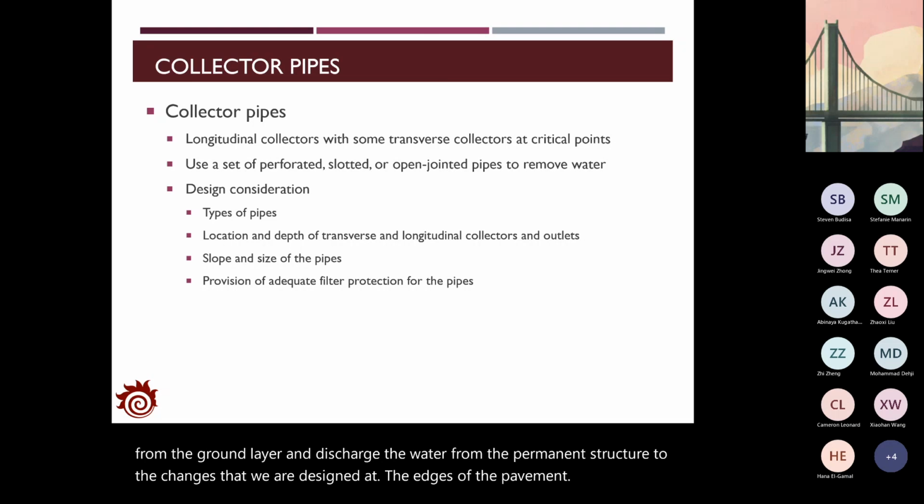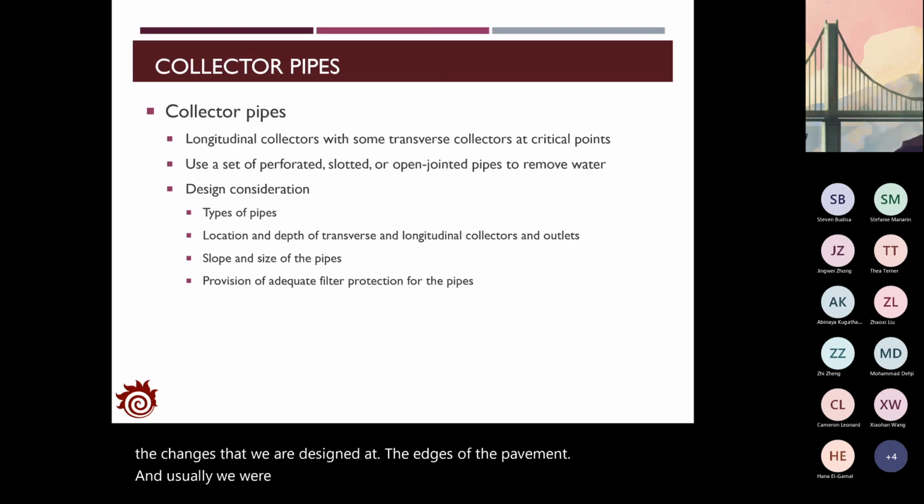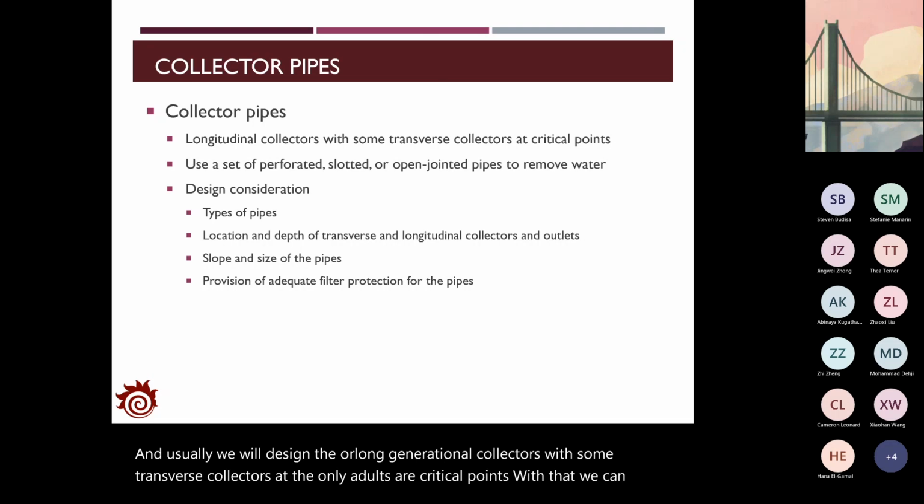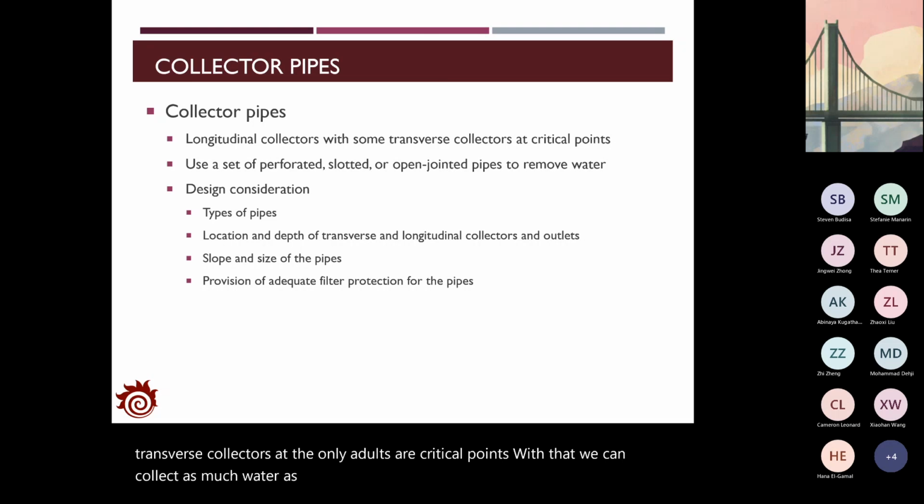And usually we will design the longitudinal collectors with some transverse collectors only at those critical points. With that, we can collect as much water as possible and also save the budget, so that we can find the balance between the budget and the